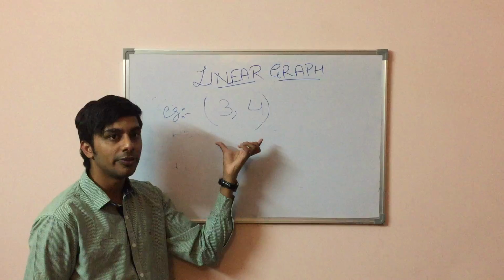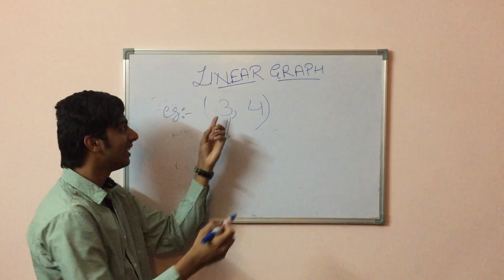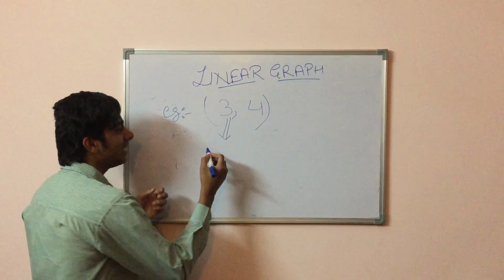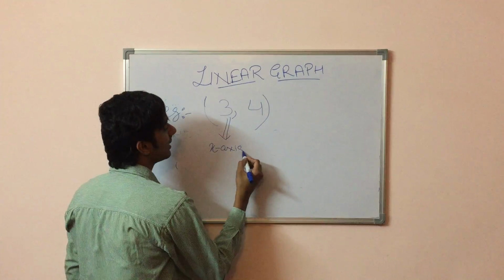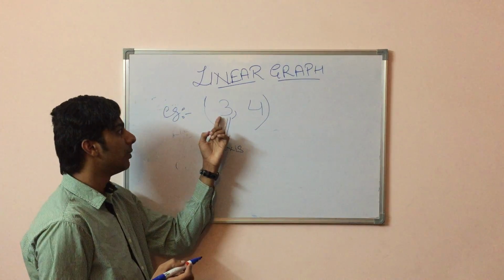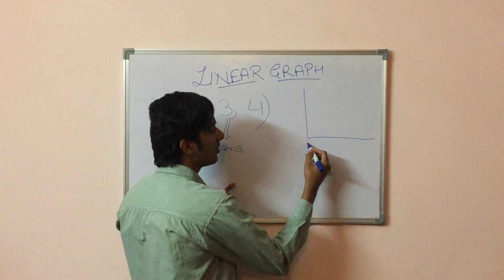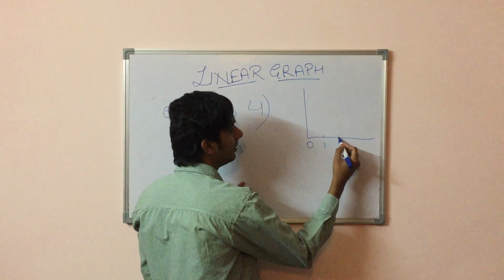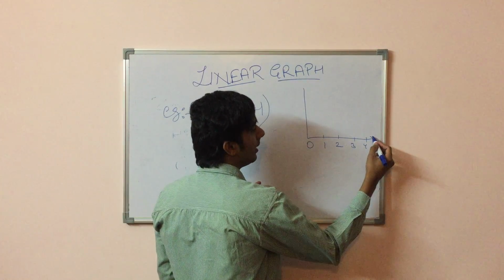If this is a point, the first number represents the value of x-axis. When you draw it on a graph, suppose this is a graph, say 0, 1, 2, 3 or 4, this is the